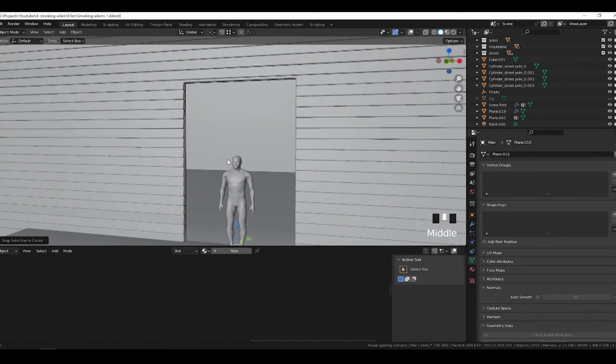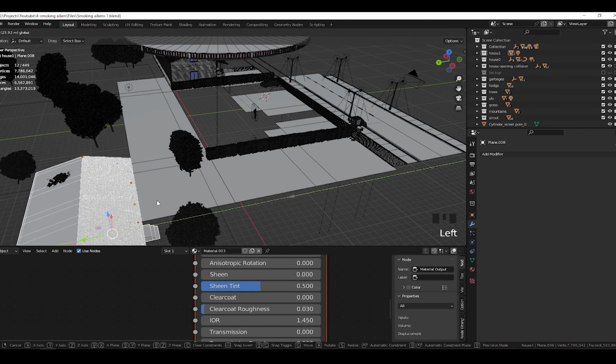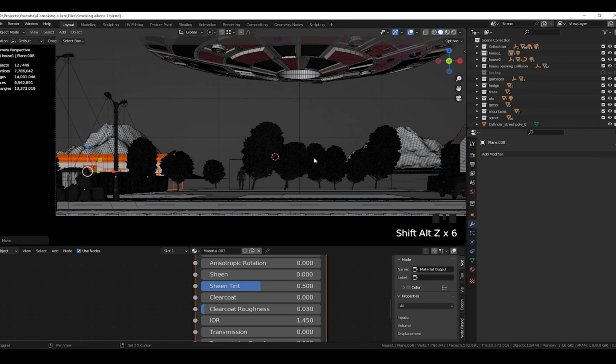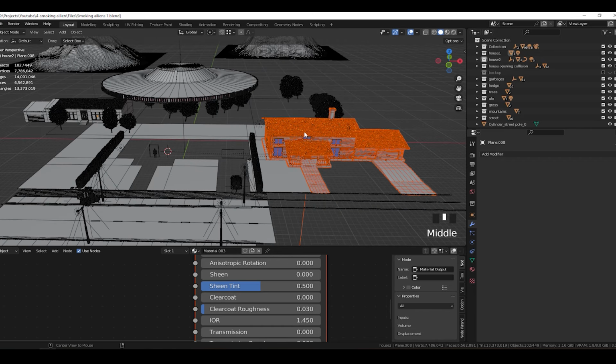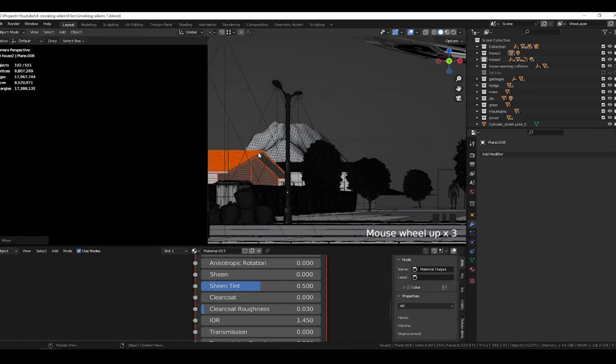And if I want to be honest again, in the middle of the project I found out the house doesn't have the right scale and dimensions. So I modeled it again with the same steps and process. But I didn't delete the first house. I used it as a neighbor house.